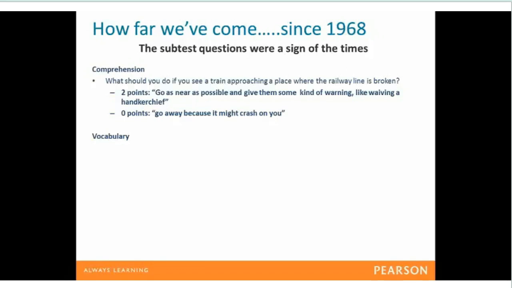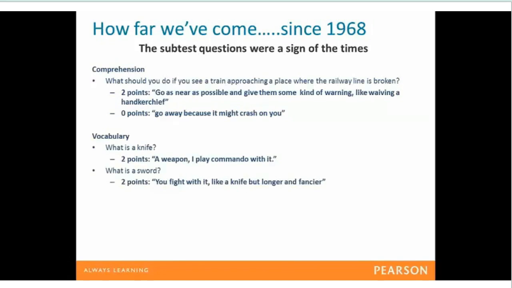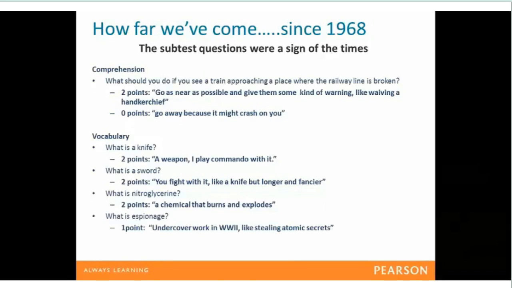Lastly, I'll show you a few vocabulary questions from 1968, and these were based on very post-World War II type questions. Also keep in mind when I show you these that the test was only normed on boys back then. So only normed on boys and asking questions like, what is a knife? What is a sword? What is nitroglycerin? What is espionage? What is harikari? These are real questions from the 1968 Australian WISC, and you can see that these would not be appropriate to